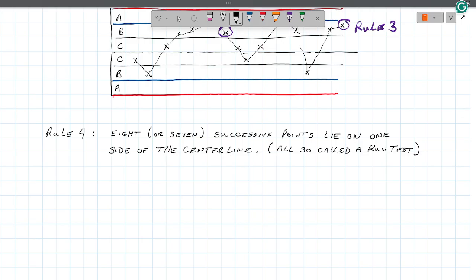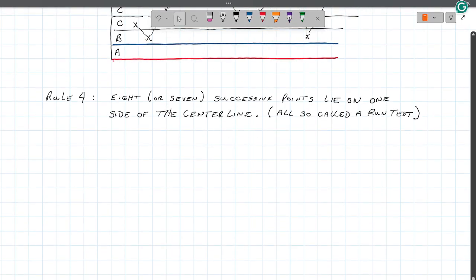All right. This one doesn't have as much to do with drawing, but